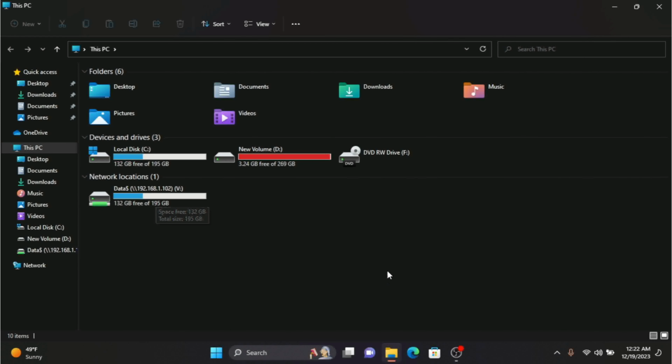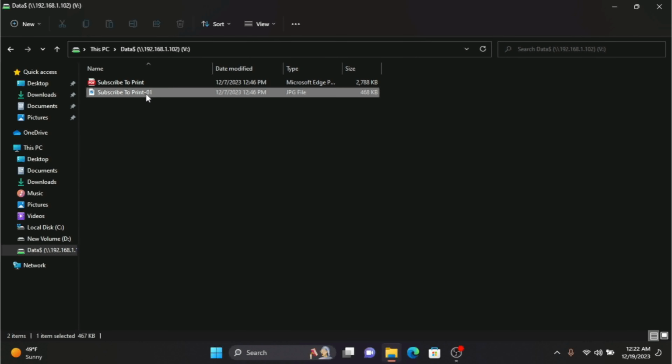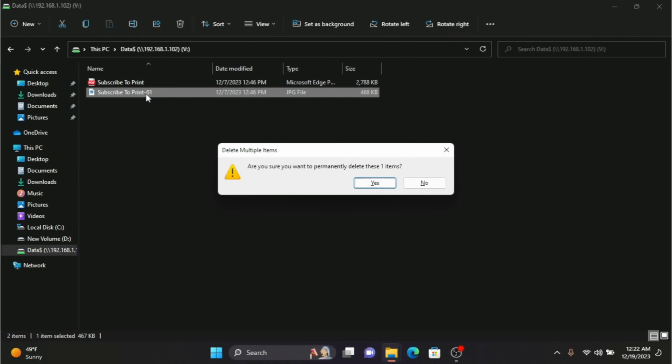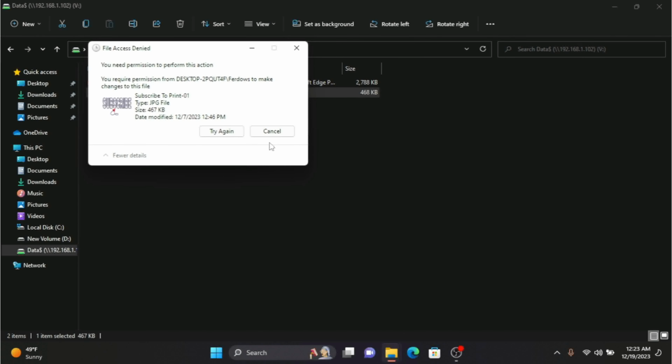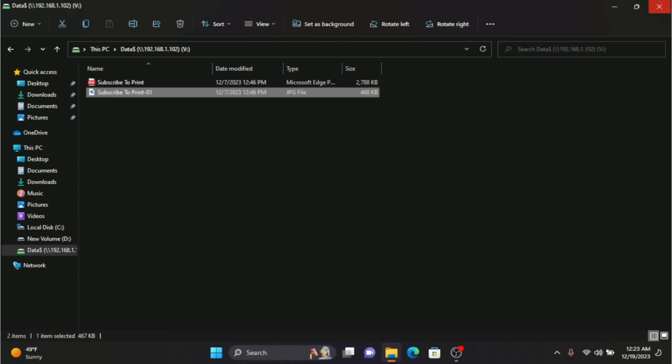So I did it on my computer, but as I said, you can do it for a remote PC as well. So let me double click on this data. If I want to delete one of these files, let's try that. You can see I can't delete anything. Why? Because from the